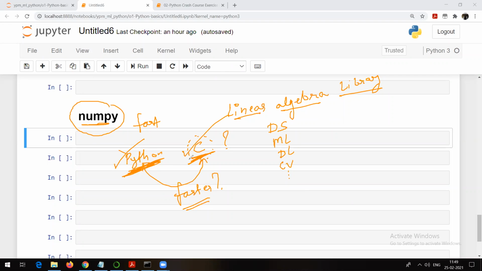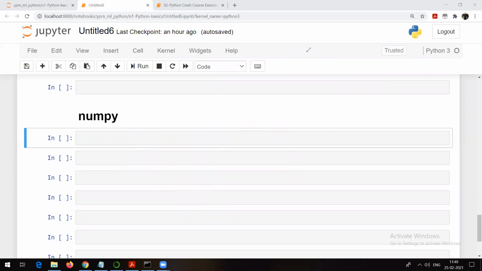Actually, many of the libraries in Python are developed in C. But if you talk about speed, yes, definitely C is faster. But if you want to write some code, the number of lines of code in C will be more as compared to Python. And it is because of packages that people prefer Python, because packages have made the language very easy to understand. So NumPy is incredibly fast as it has bindings to C libraries.